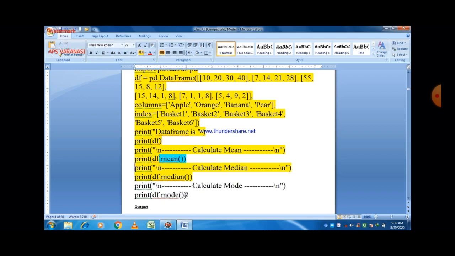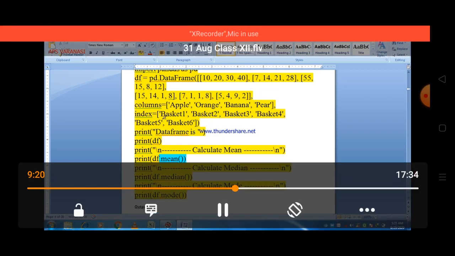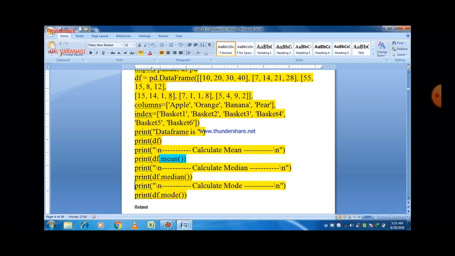So just write the name of the data frame, df, and then you can easily put the name of the method: mean, median, mode. So df.mean, df.median, df.mode. df.mean will calculate the mean of the data frame along axis 0, df.median will calculate the median along axis 0, and df.mode will calculate the mode of the data frame along axis 0.